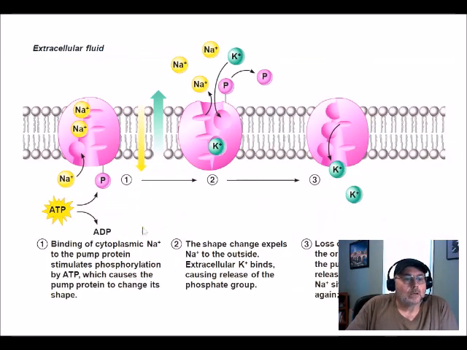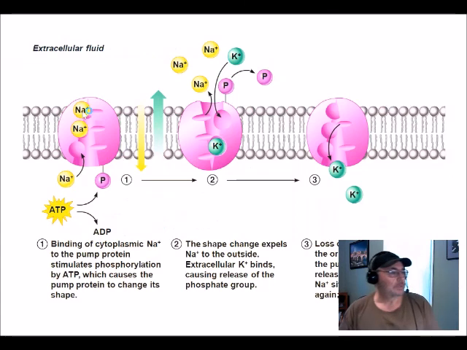Now, here's an example. This picture shows you we have sodium and we have potassium. And the sodium goes in, locks into this carrier, the carrier changes shape, spits out the sodium, then potassium comes in,